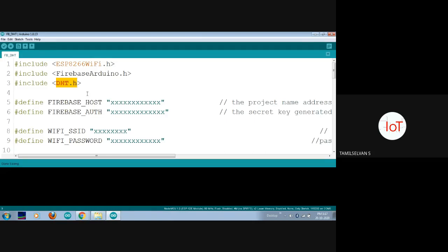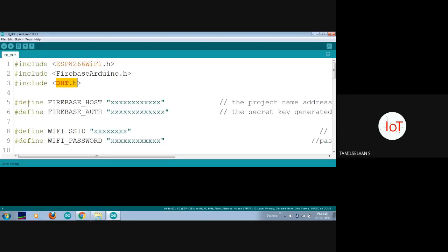So please be very careful about which library you are using in the code, because each and every library will have different functions. Only the function calling will be different. Don't think that all the DHTs are the same and you have to use the same function for everything. It is not so. Each designer has their own function calling and parameter passing and everything, so you have to be very careful.